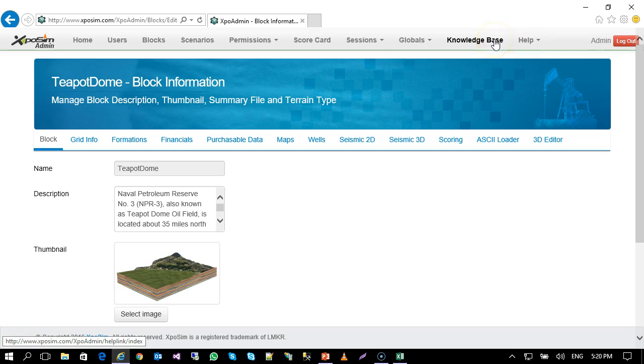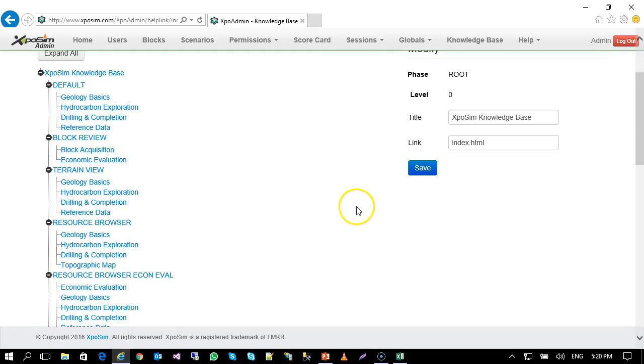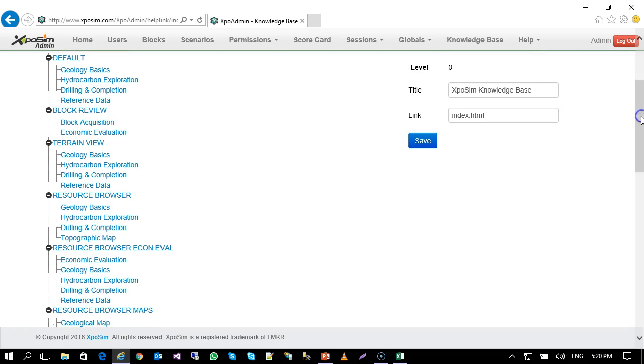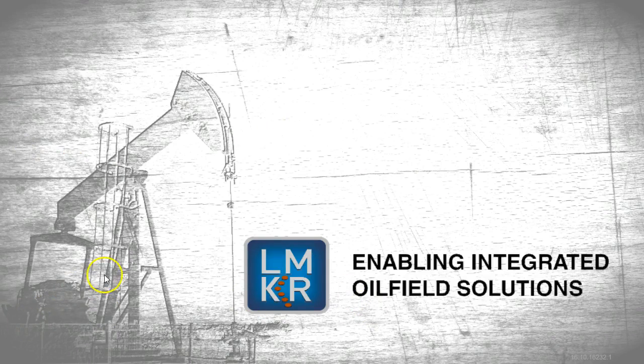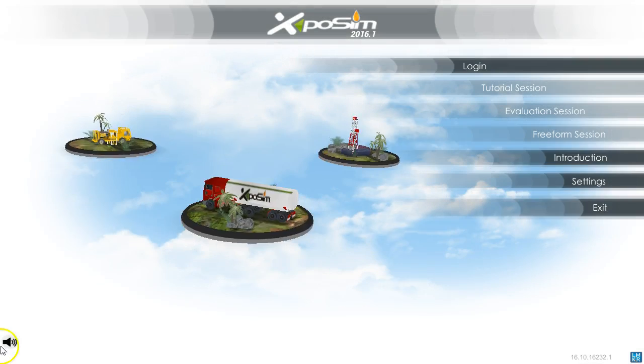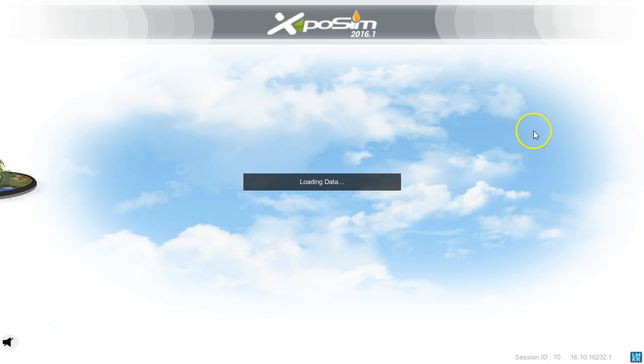And there's one last thing I wanted to mention, which is this knowledge base. XpoSim comes with a built-in knowledge base, and this is a context-sensitive knowledge base. So within the simulation, at any point, we can click on the links at the bottom panel. I can quickly show you again by loading XpoSim, logging into the simulation. I can go to the freeform mode,